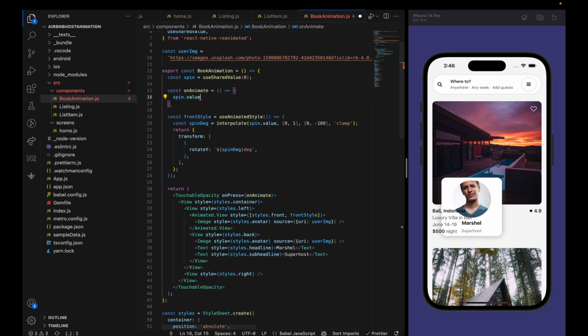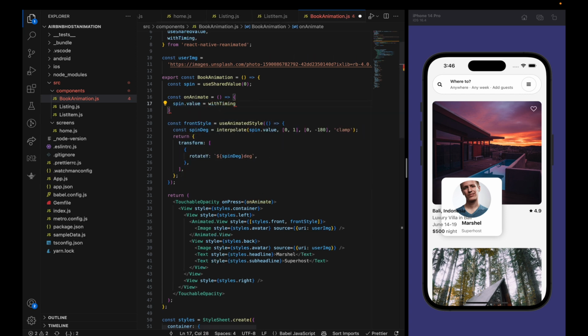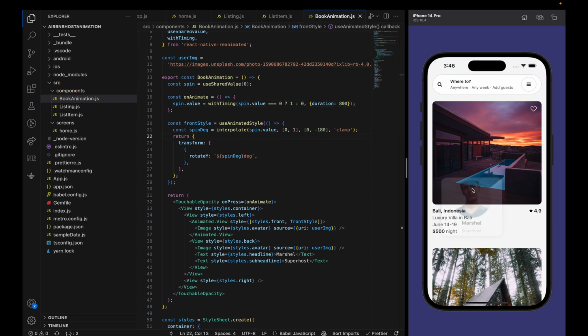So spin.value we will use withTiming. If value is 0, we will make it 1. If it is already 1, we will make it 0, and duration will be 800. So if we do this, you can see we have some animation going on,